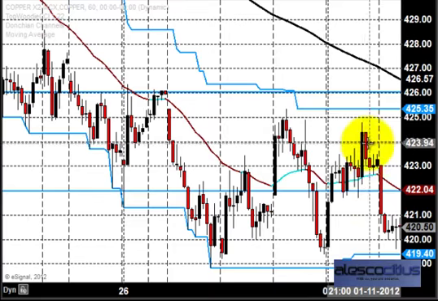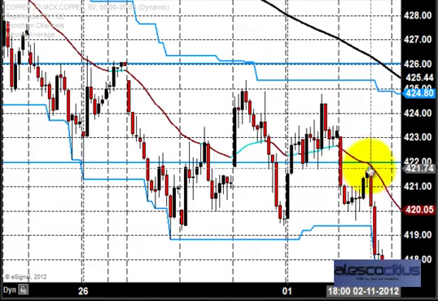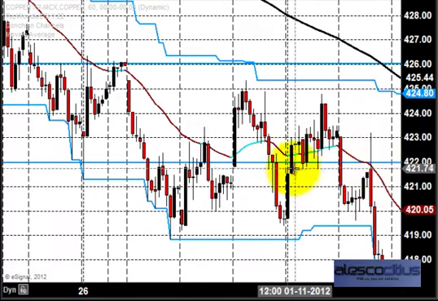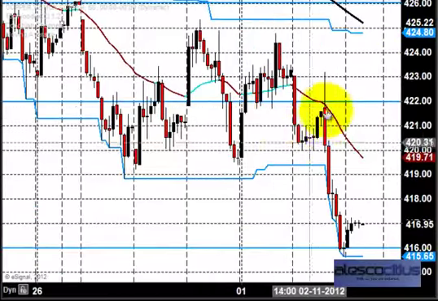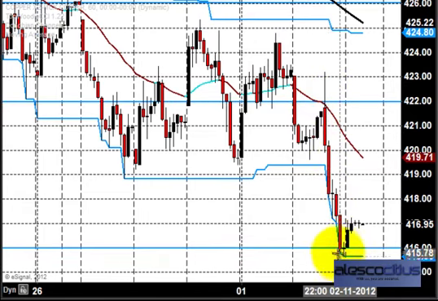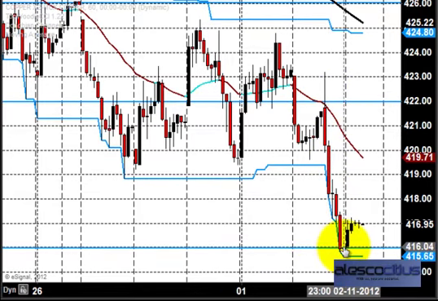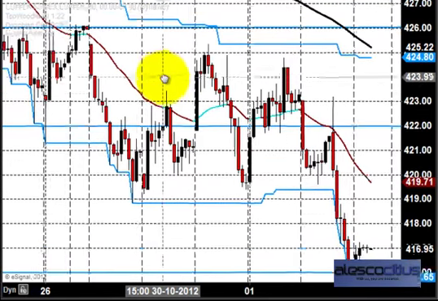You can see the next day the price opened, and after breaking this 422, again the price went and took some support around that, but it clearly acted as a resistance. You can see that this 422 acted as a resistance on Friday, so that pushed the price clearly down. The price came down till the target of 416 and it stayed here. So this is the entire scenario of what happened in copper.